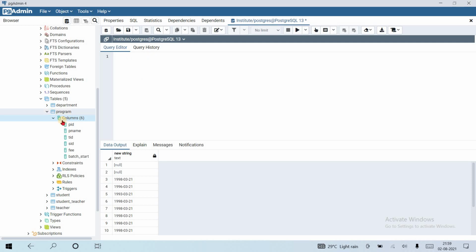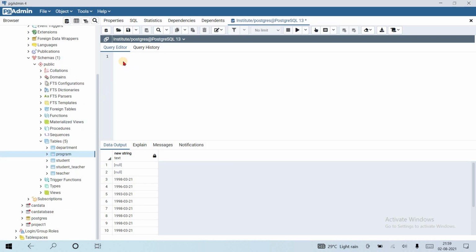Okay, let's see with the help of an example. Let's create a sample table. Create table check_boolean, with only one column available with data type boolean.